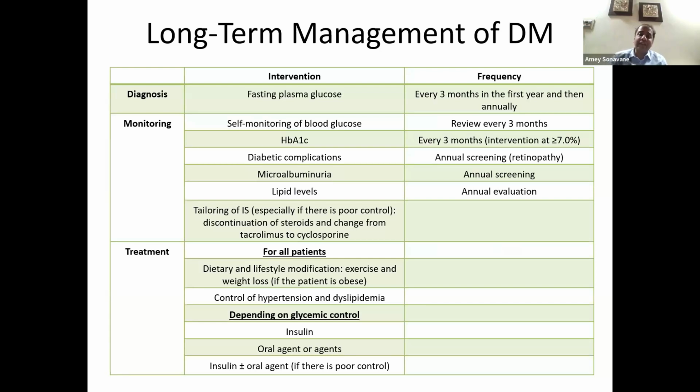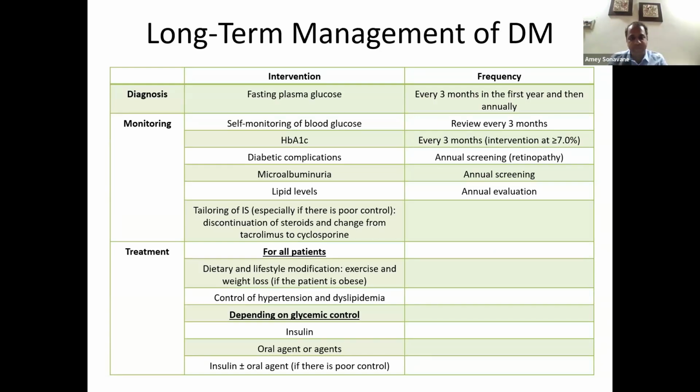If these patients are having diabetes preoperatively, or if we have a patient who has a new onset diabetes post-transplant, we must look at the complications of diabetes, which include annual screening for retinopathy, screening for microalbuminuria, as well as looking at the lipid profiles. For all patients who develop diabetes post-transplant, we need to have a dietitian as well as good dietary advice in terms of reduction in the amount of free sugar that these patients eat, and lifestyle modification in terms of